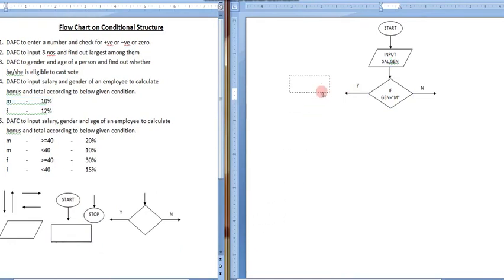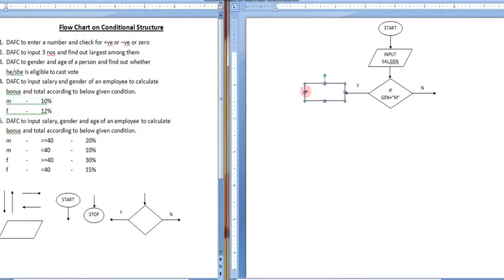So processing has to be done because we need a calculation. We need a processing box, and inside it we write bon equal to, bon is a variable I wrote in short, sal multiplied by 10 divided by 100. This is how the bonus can be found out.